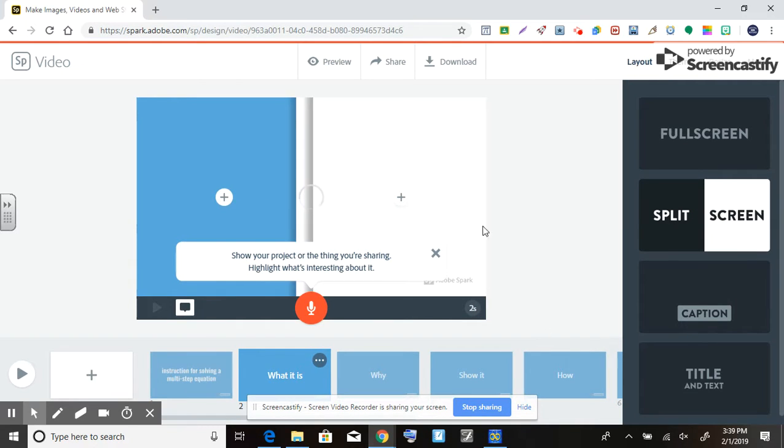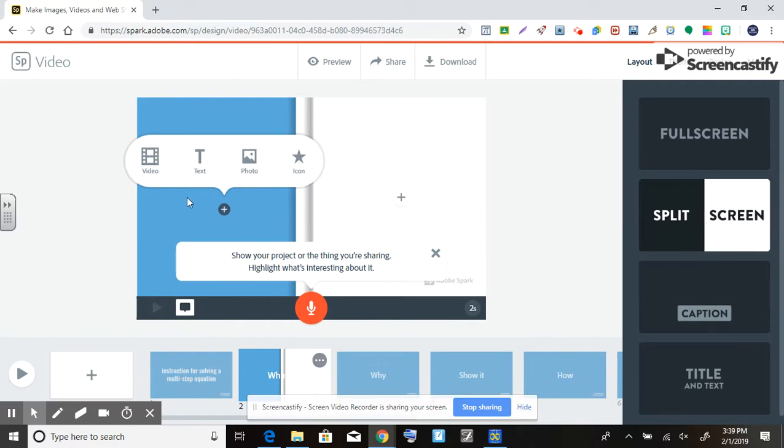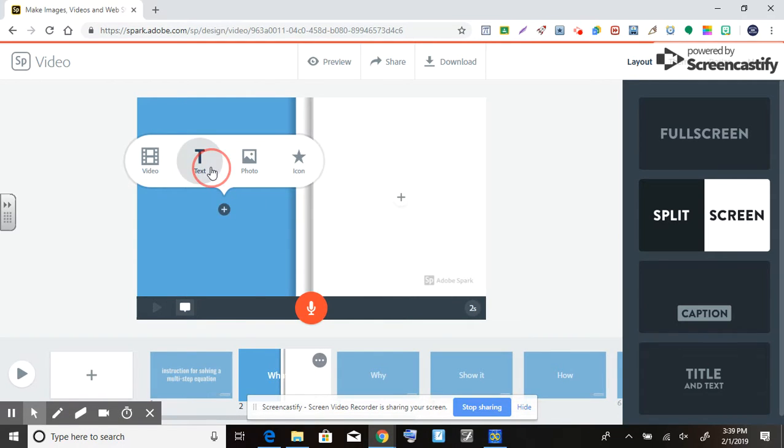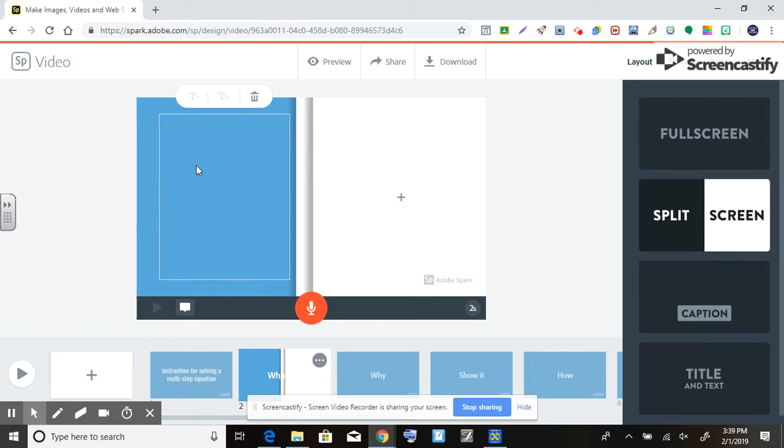But split screen it. I can actually have two things going on at one time. So this could be a text where maybe I'm thinking instruction. So let's just try it. Go here, go to text. I want to say 3 times 3x plus 7 plus 4 is equal to x